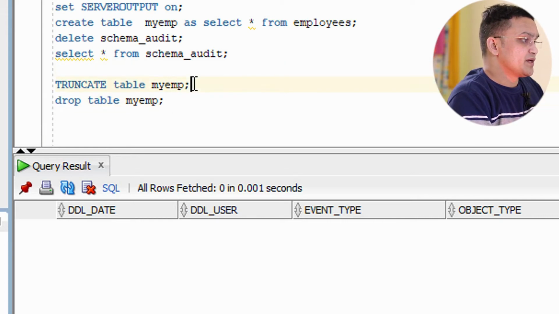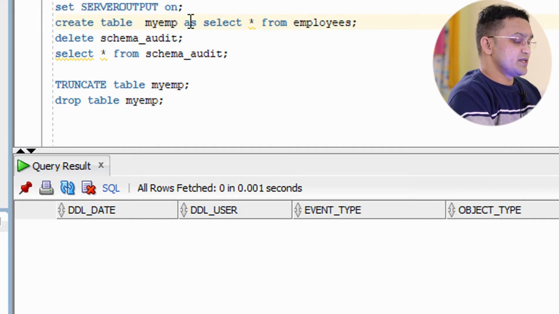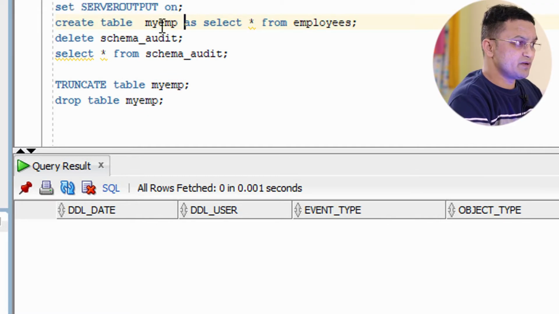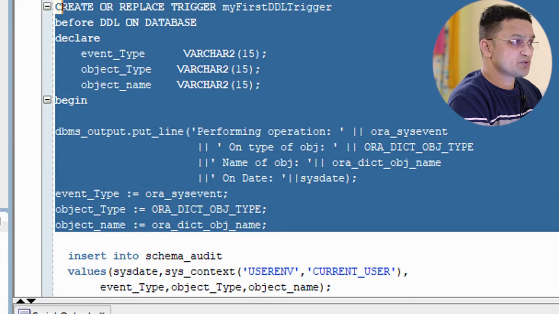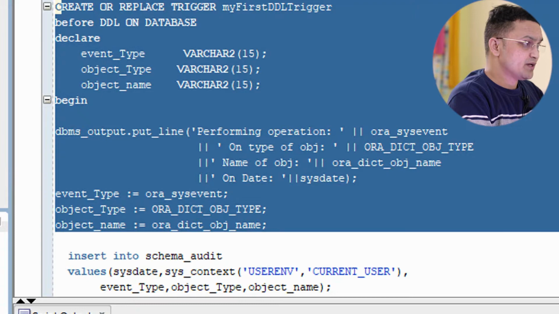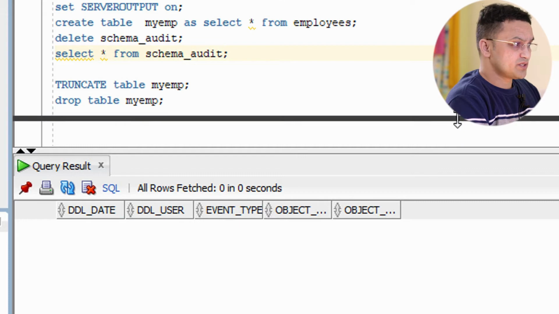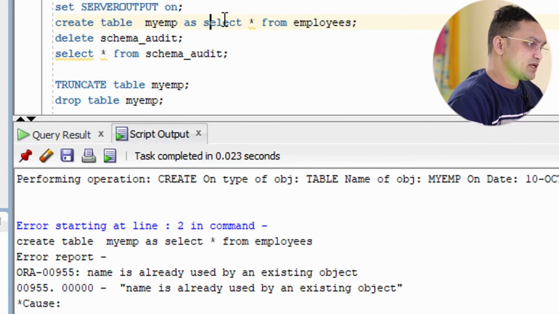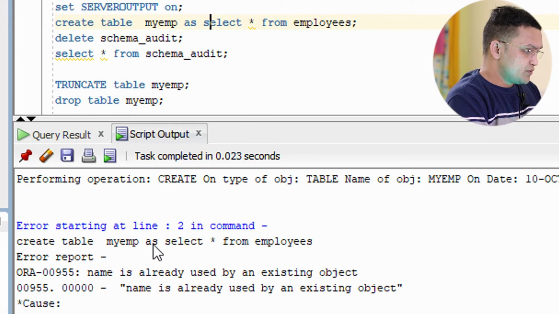So what I will do over here is create the table, my EMP table from the employee table. So this statement will create this table. So whatever trigger I have written over here should automatically get executed. Okay, so before that let me show you over here, there is no record, correct? You can see over here. Now if I execute this, then one record will automatically come. Okay, so you can see over here